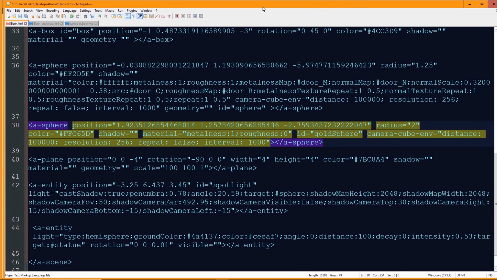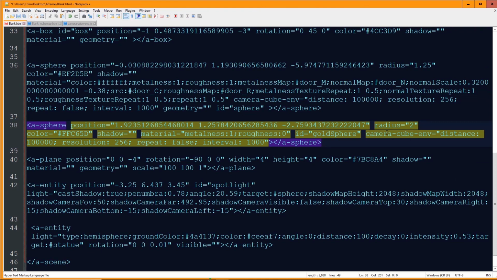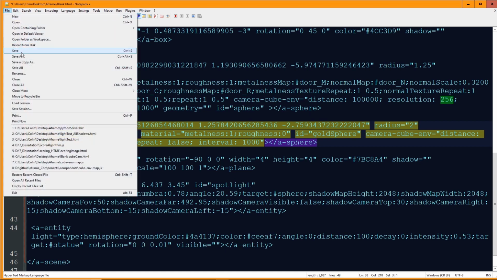So what we have is camera-cube-environment, which is the name of the component. I'm setting the distance to 100,000. I could probably make that just 50,000. Resolution, in this case, I'm going to set to 256 pixels per face, and I've got repeat turned off with false, and this interval is just how long it'll take to calculate the first render. Save that,